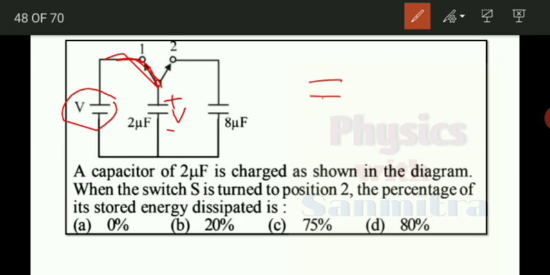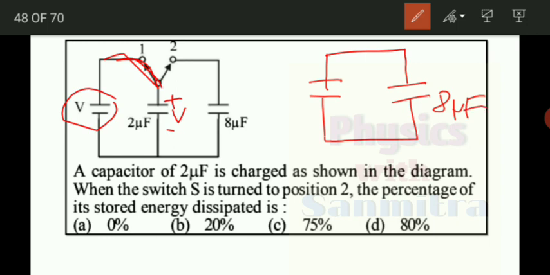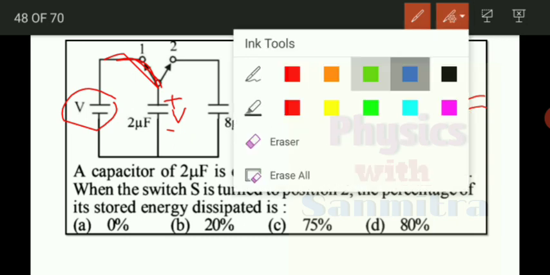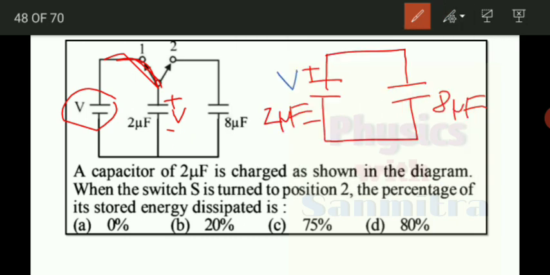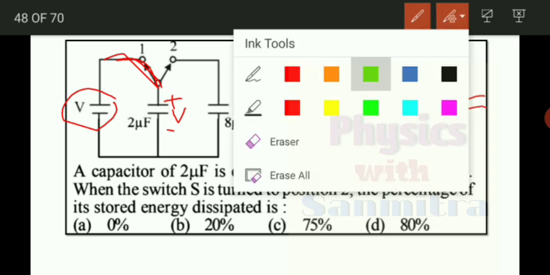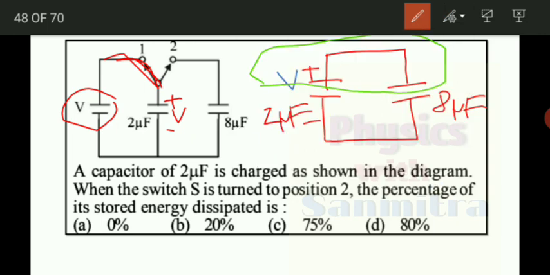And in the next instant, this 2 microfarad capacitor, which was charged, is connected directly across the 8 microfarad capacitor, which was uncharged. So they will now be at a common potential. Now let's examine only these two plates. If I examine only these two plates, then the final voltage, we have already done a similar problem before,